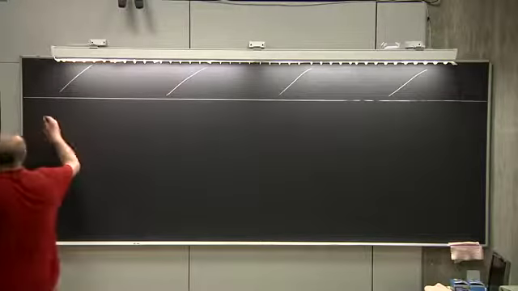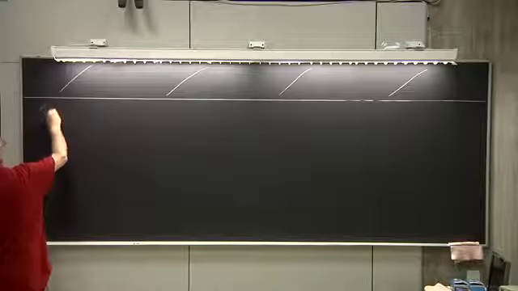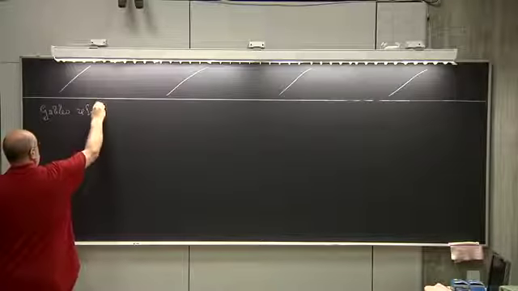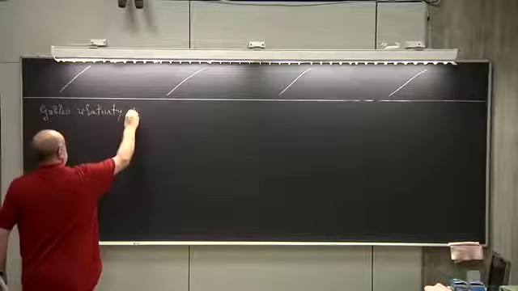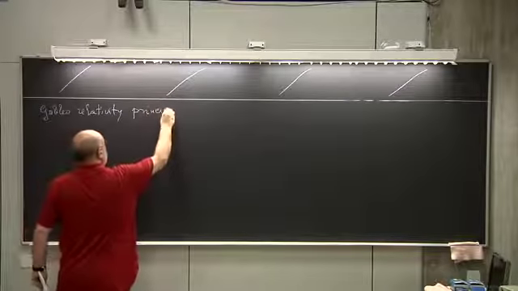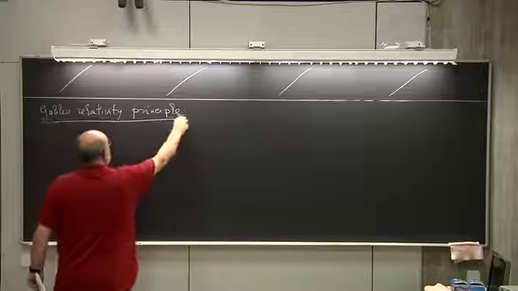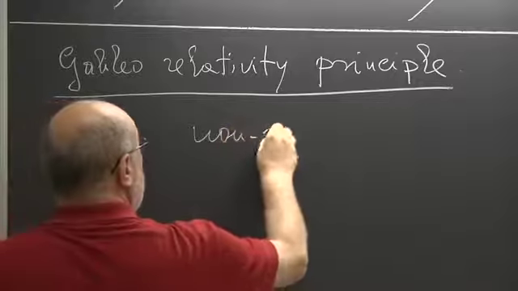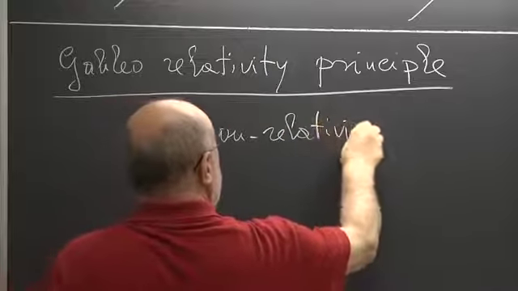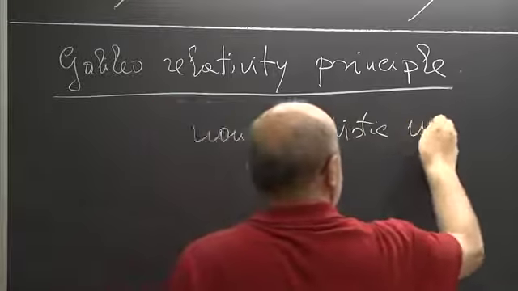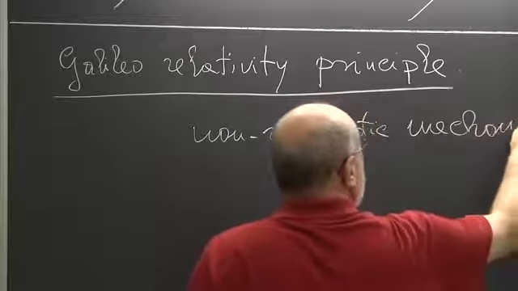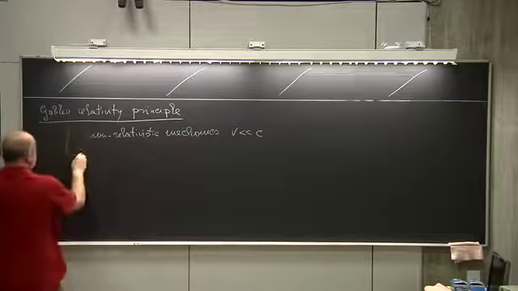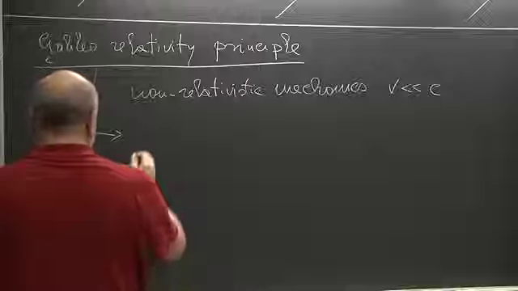Now, what we will do is we will go to what is called the Galilei relativity principle. The Galilei relativity principle applies to non-relativistic mechanics. That is the mechanics you have studied up to now, which means mechanics in which particles move at a speed much less than c. And the Galilei relativity principle says that it is impossible